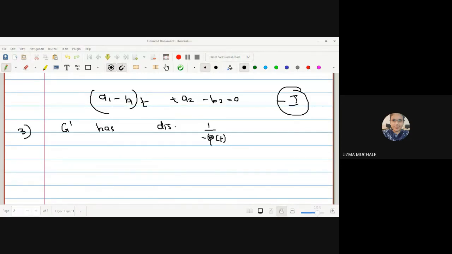Or we can say the coefficient of the highest order derivative. Suppose it is y triple dash, so it is not a second order differential equation. If it is third order, then whatever may be the coefficient of the highest order derivative, that will be your P of t. Okay, let me write that down.